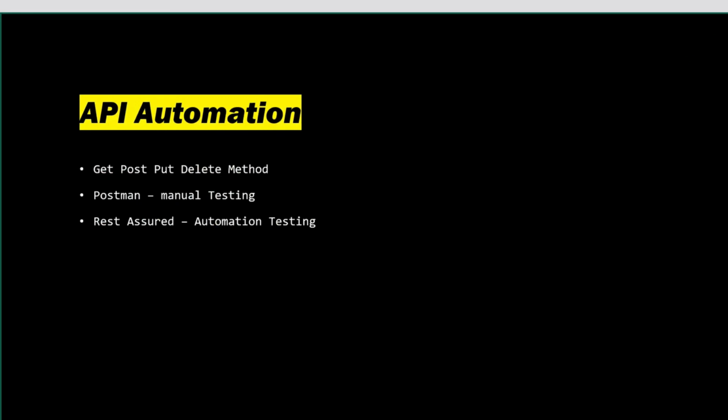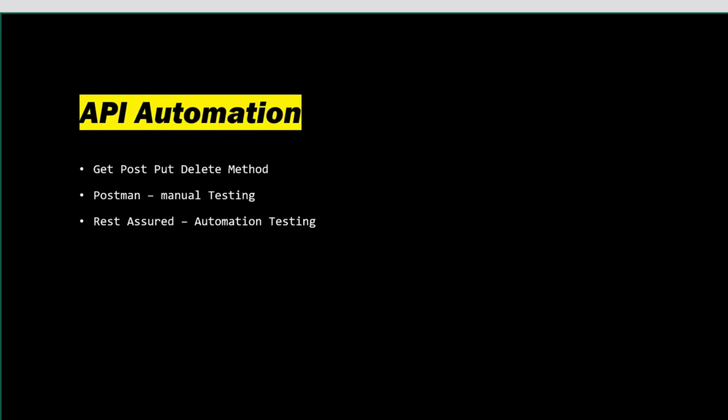Some of you who are experienced might know that API has REST API and SOAP API. Here we'll cover the REST API. I'll tell you about the manual way of doing API testing as well as the automation way. If we want to do it manually, we can do it with Postman.